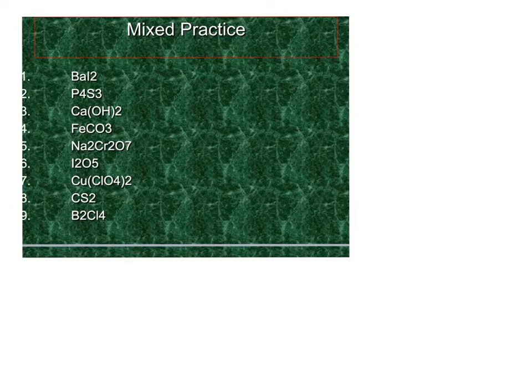For this, the first thing I want you guys to shout out is whether it's ionic or molecular. For this first one, we had a what? This was an ionic, so I'm just going to put an I. And we had who? Barium and iodine. So we're going to say barium iodide. Biggest mistake that I saw on the quiz is people wanted to put little